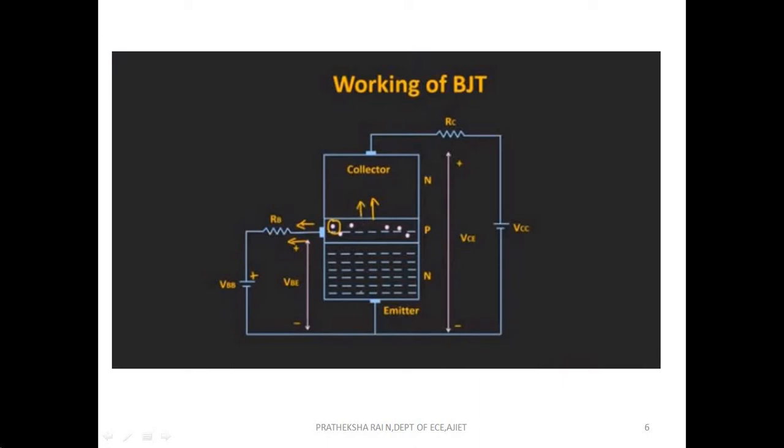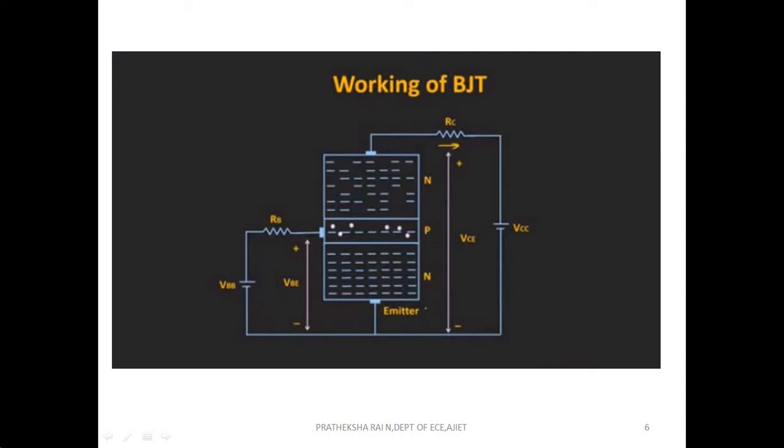Now if you notice over here, once the electrons from the emitter enter the base region, they become the minority charge carriers. And the base-collector junction is reverse biased. So due to the applied electric field at the collector terminal, these minority charge carriers, the electrons, will get attracted towards the collector terminal. So once the electrons enter this collector region, they will get attracted by the positive terminal of this